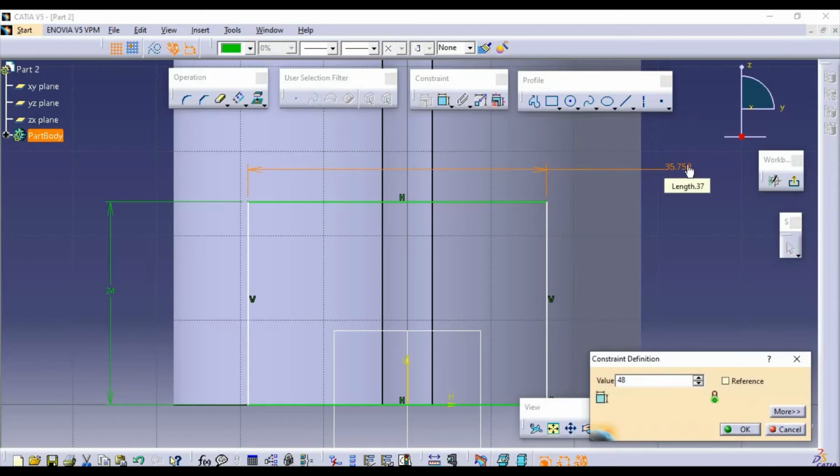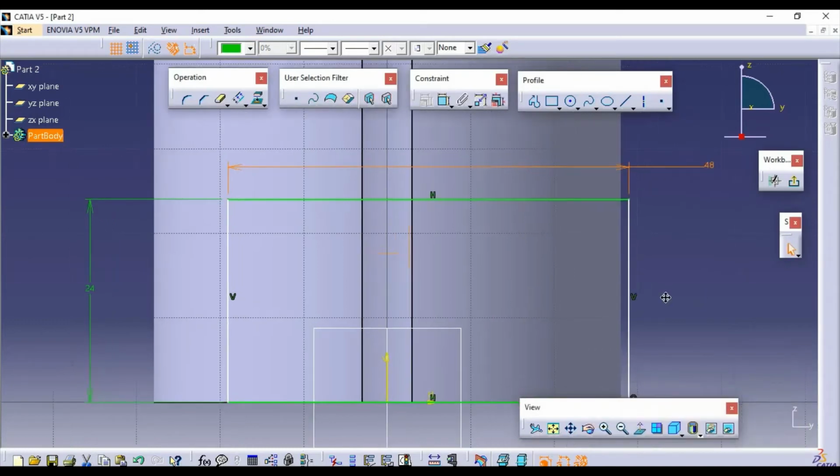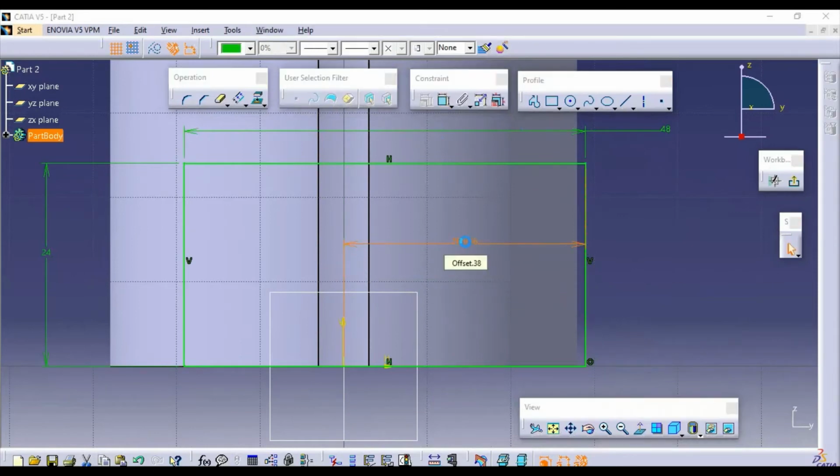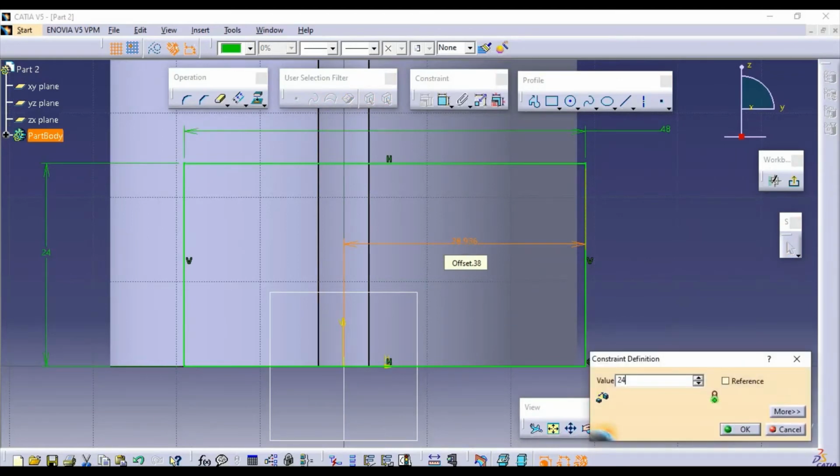But the rectangle is not at the center, so we will add a dimension between the center plane and our sketch. Our sketch is now completed.